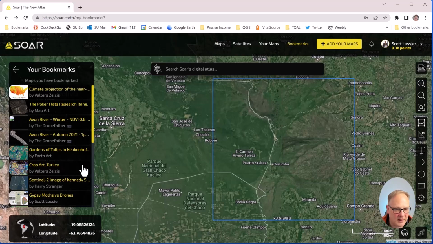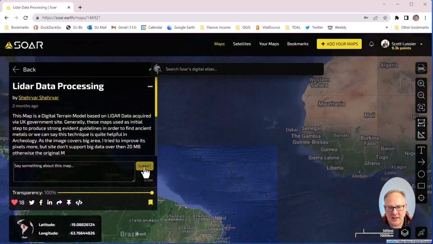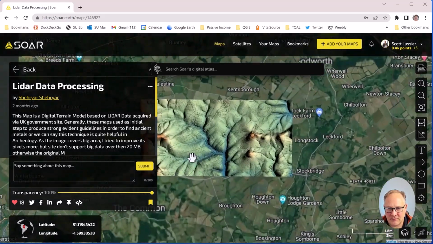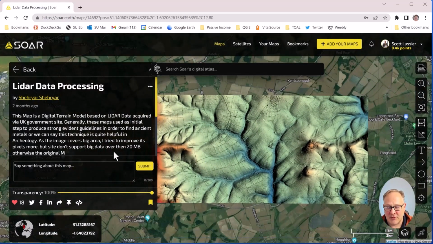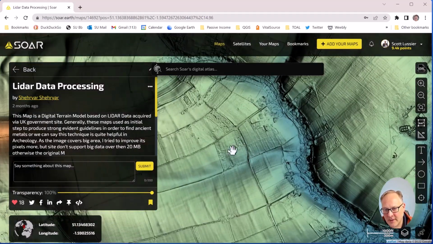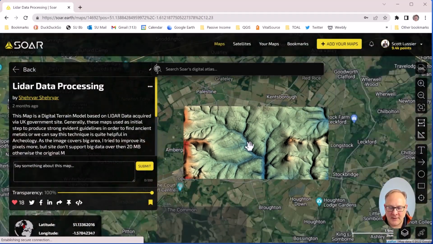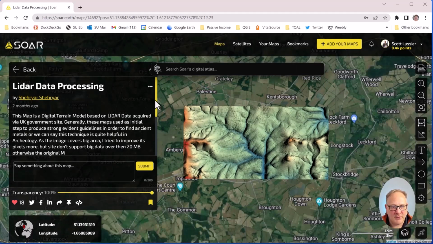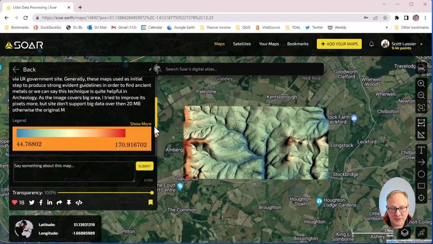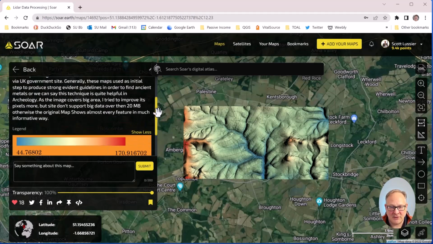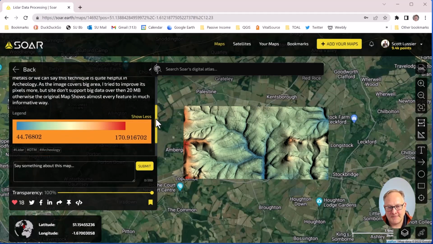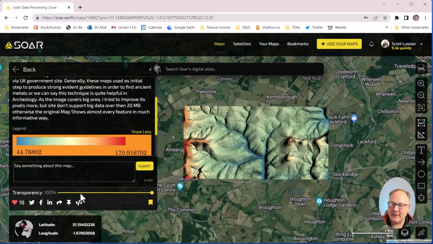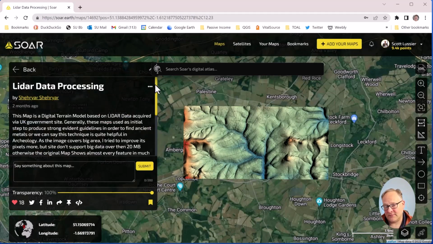Another good example I will show you here is some LiDAR data in England, I believe. Yep. Right. So digital terrain model from LiDAR. So, very detailed, big data set. This was done by Sheryar a couple months ago. And what I like about this is it's got the legend, right? So that's built right in there. And with the imported image, it helps explain it and really makes this a much better post, because just including the legend in there really helps explain things and helps the user interpret the data,